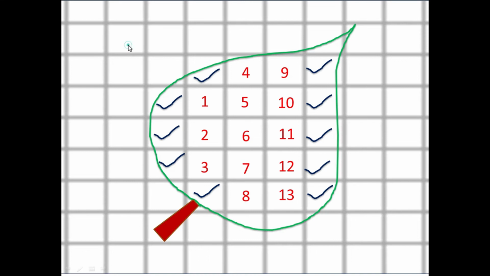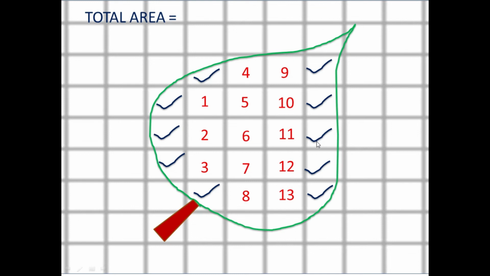Now how will we calculate the total area, children? We are going to take this number 13, and children, one thing more, that in my case the complete squares are 13, but in your case it may be different. If you have taken a small leaf, it may come out less than 13, or if you have taken a bigger leaf, it may come out to be more than 13. The same is the case with the ticks also. How many ticks are there?